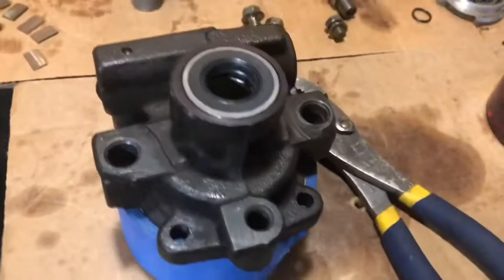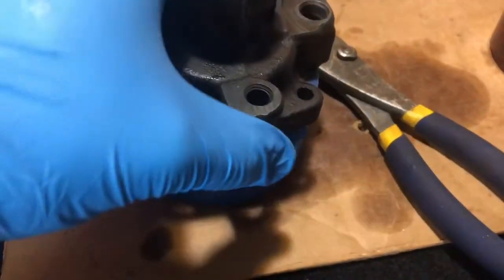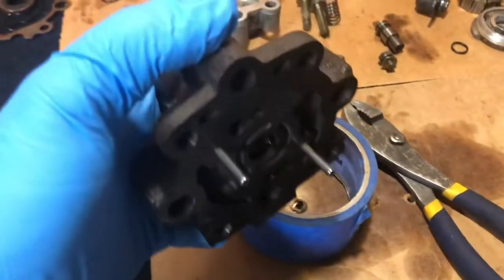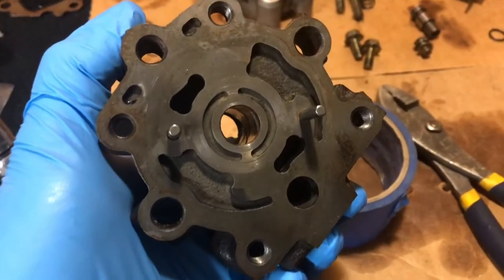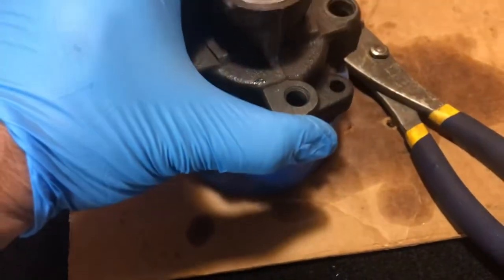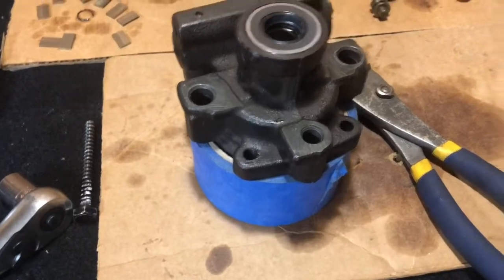Now that we've got the oil seal tapped in place, I took some masking tape because you've got these pins underneath here that you want to really protect. You don't want them to pop out, and you don't want them to be bent in any way, shape, or form. So this kind of helps get it off, lift it up off the table,